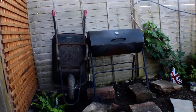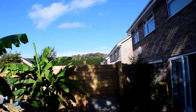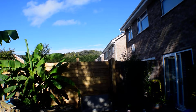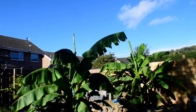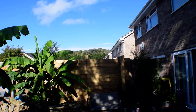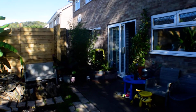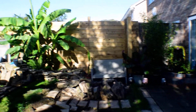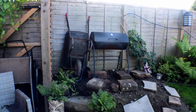The reason is, if I come through to about head height of when you're sat on the bench, can you just see the trees in the distance there? And the evening sun sort of drops over the corner of that house over there, so the evening sun looking out over that with the sun going across it is really nice. So I want to try and keep that view if I can. But that's why it's raised up so high. So up here anyway,